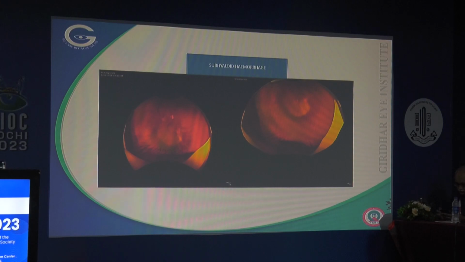The last complication which we notice in patients with diabetic retinopathy and cataract surgery is neovascular glaucoma. Unfortunately, I could not track any particular treated case from a hospital, but one should always remember that some of these patients with proliferative diabetic retinopathy who have dense cataract, you do a cataract surgery because VEGF levels increase after cataract surgery. VEGF levels increase in the anterior chamber,